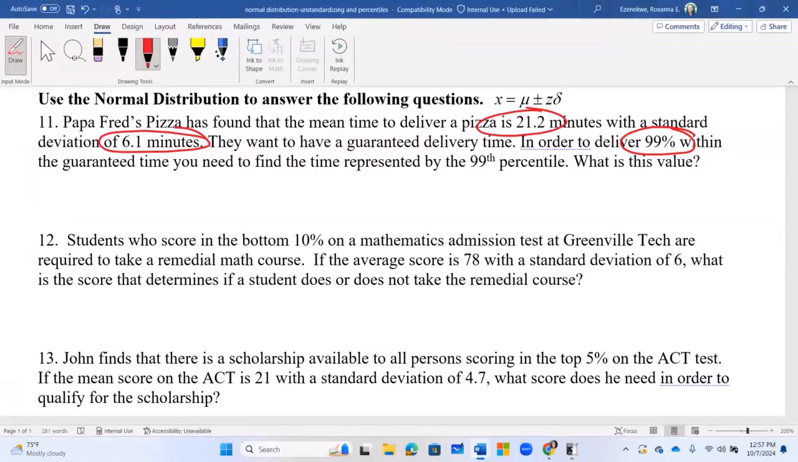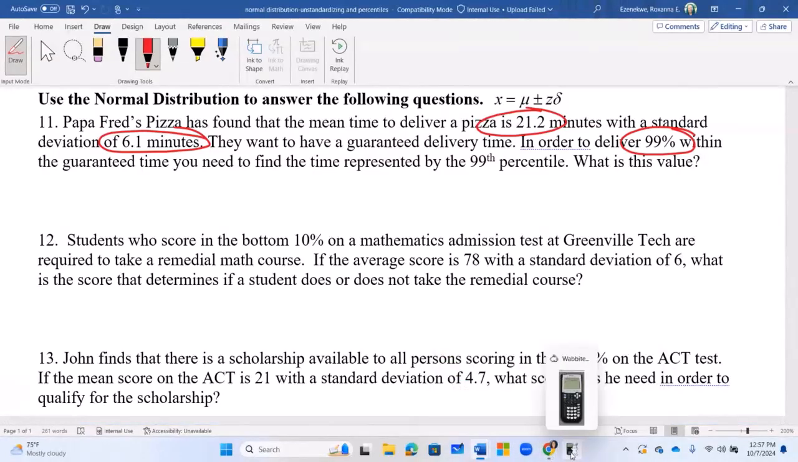And they are asking us, within the guaranteed time, you need to find the time represented by 99 percentile. So we want to find the time represented by 99 percentile. This is raw data, so we don't have to standardize it. My calculator knows how to work with unstandardized